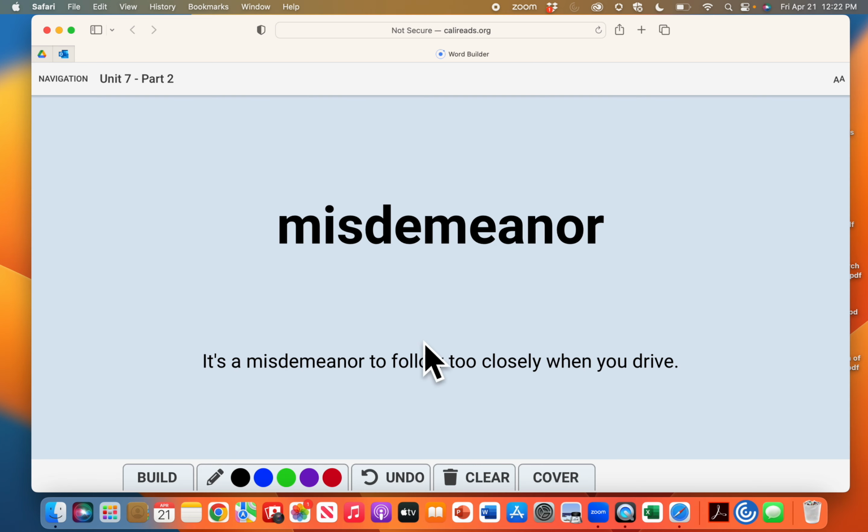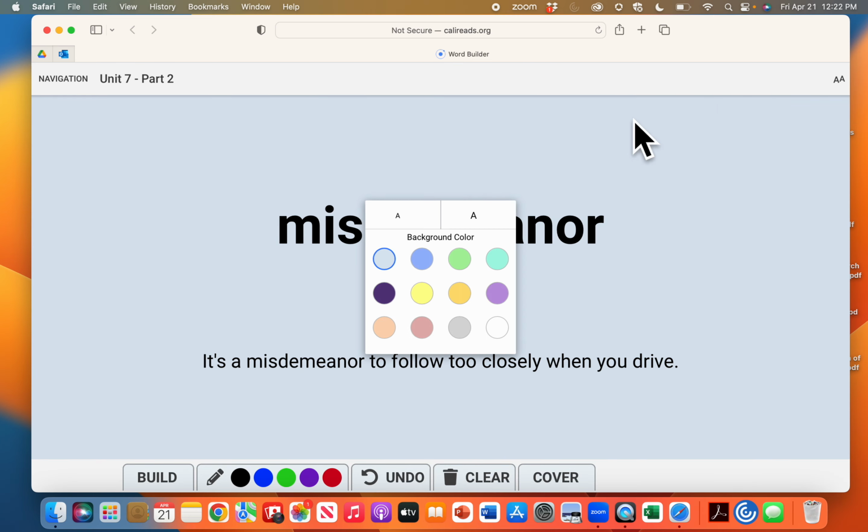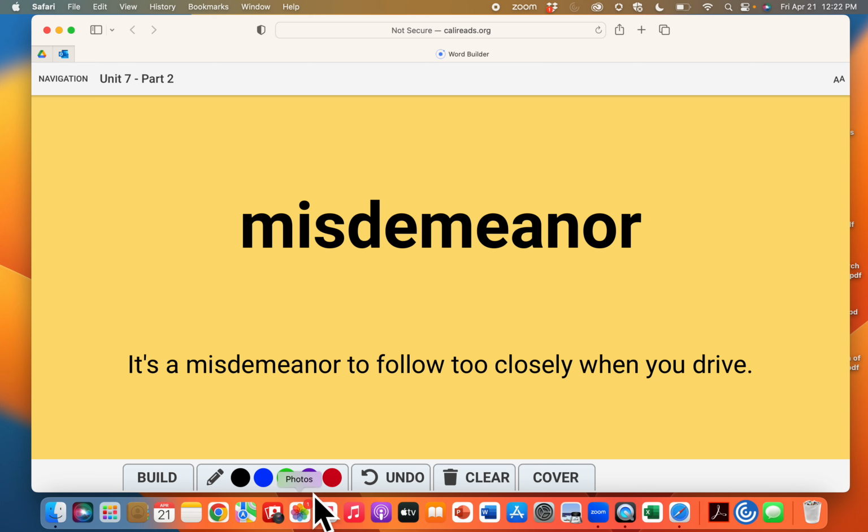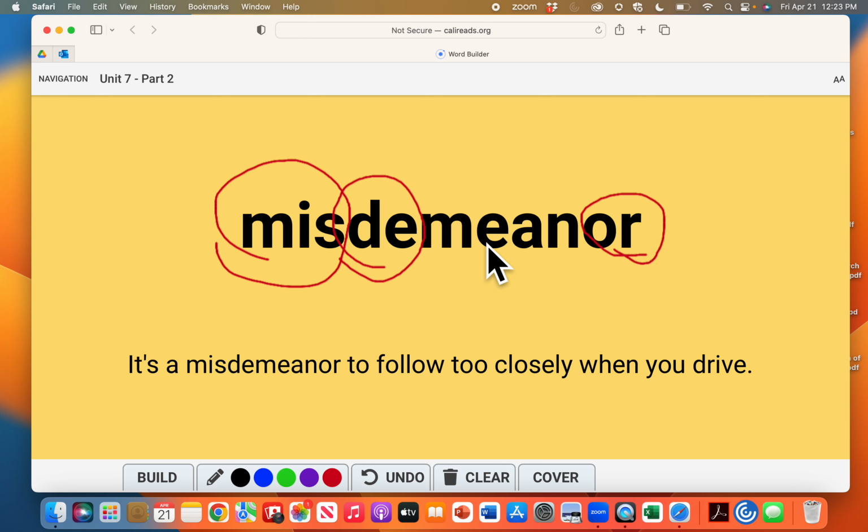And now I'm going to start, and I can personalize my screen. So I'll choose the background color, and I will make it a little bigger, and then I can choose the color I write with. And then I'm going to use my decoding strategy. So I circle the prefix, miss. I say it as I do it, and I underline the vowel, E, and then I divide. I say each part,